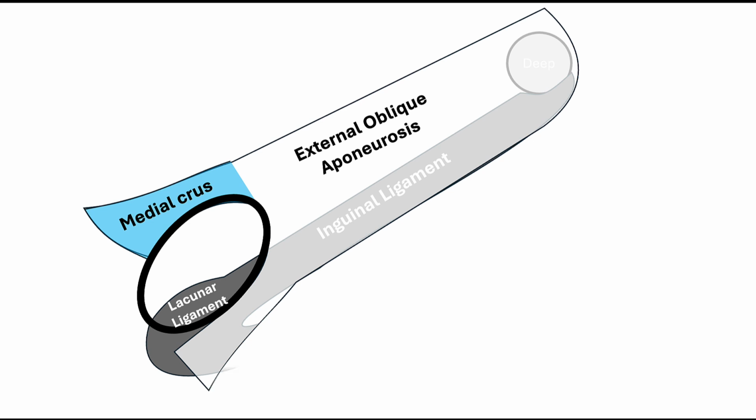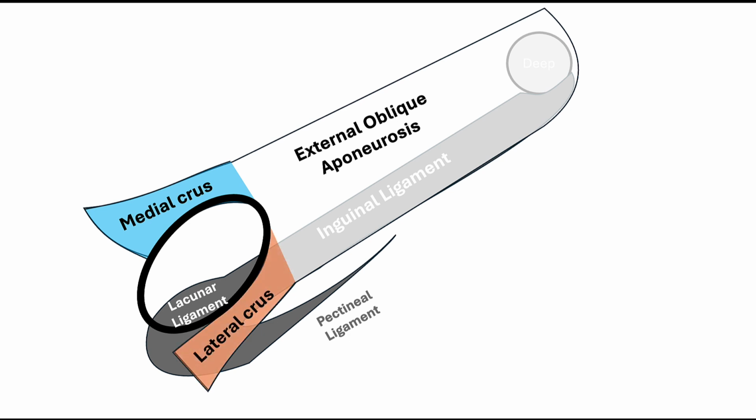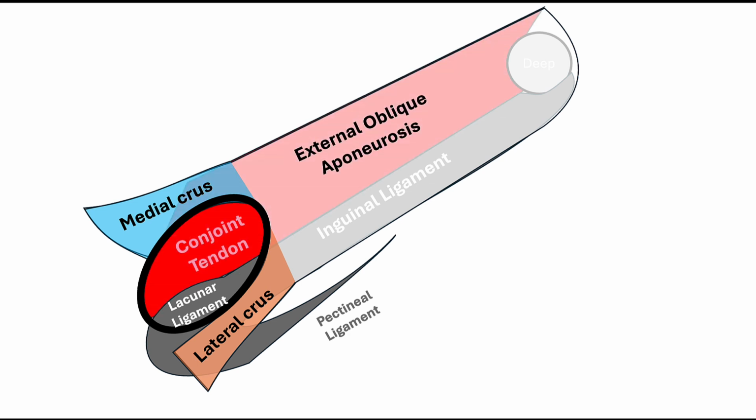And underneath, or deep to the inguinal ligament, but drawn so you can actually see it, is the pectineal ligament, which would be on the pectineal line of the pubic bone. So the only missing piece of this canal is the medial or internal wall, and that is created by the conjoint tendon, also called the inguinal falx, which is a joining of the internal oblique aponeurosis and the transversus abdominis aponeurosis,